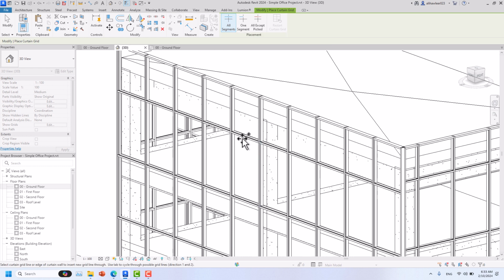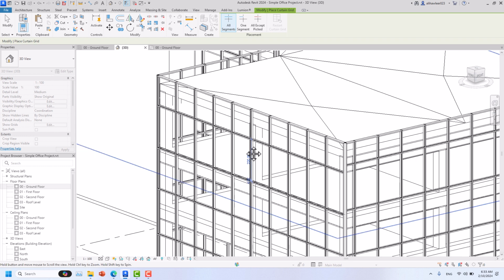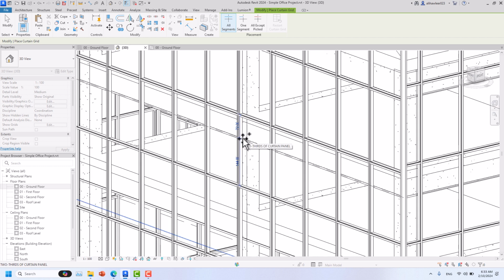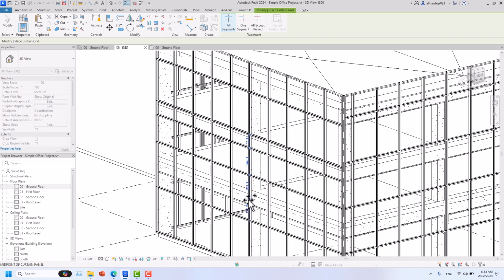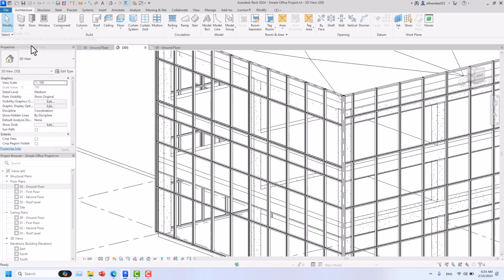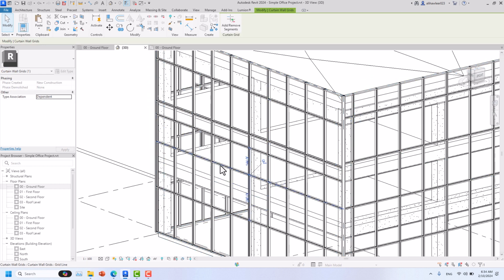As you can see, if I come to a horizontal mullion, it will create something like this, you see. But if I come to a vertical one, it creates a horizontal one. So I'll just click on here. Okay, and let me see. Let me choose this one, select it, and unpin it, and try to